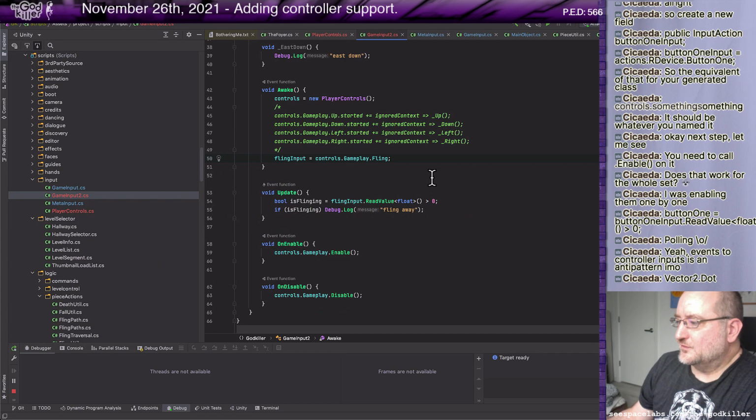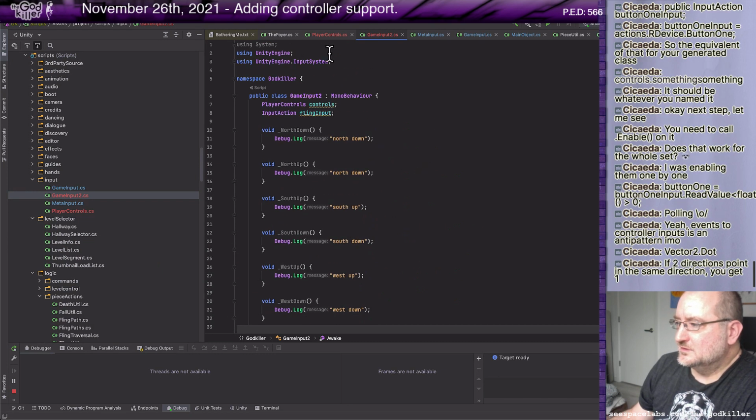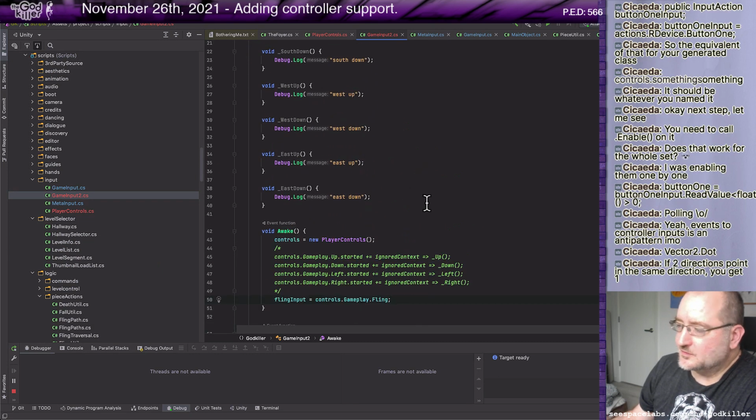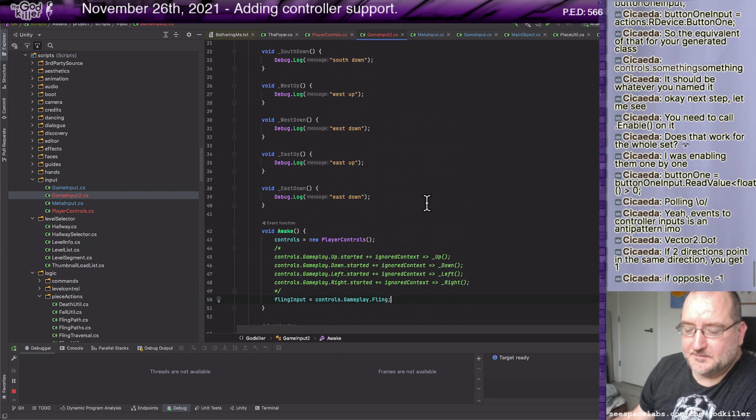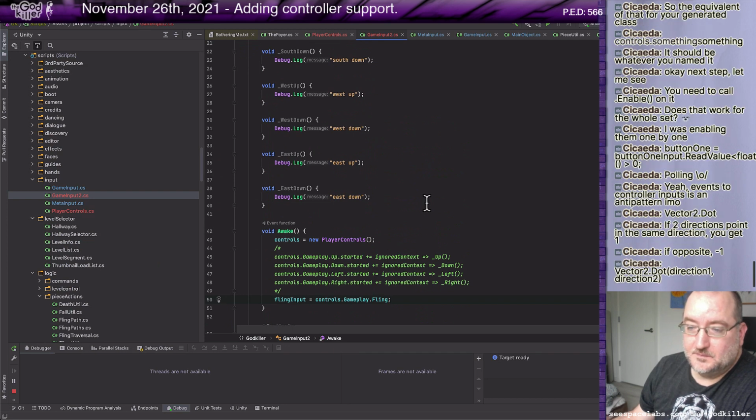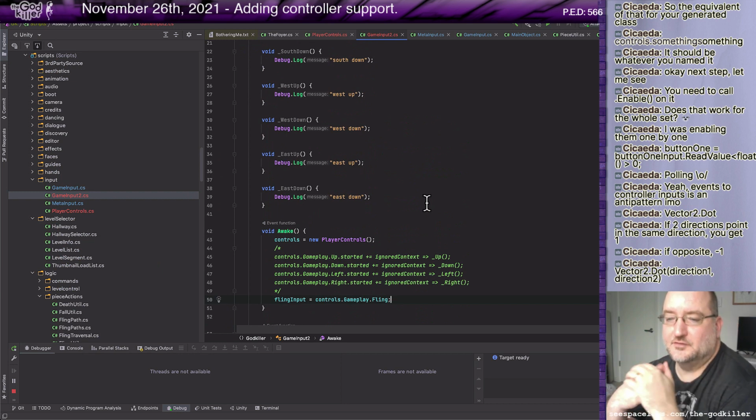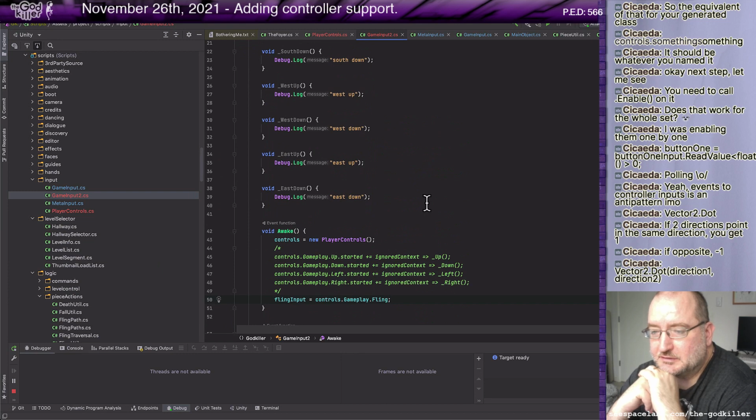All right, so let's think about this. Okay, the first thing I want to do is just verify that I have all the inputs I need, and after that I can... okay, Vector2 dot. If two directions point in the same direction, you get 1. If opposite, -1.